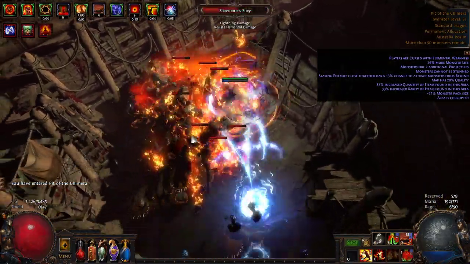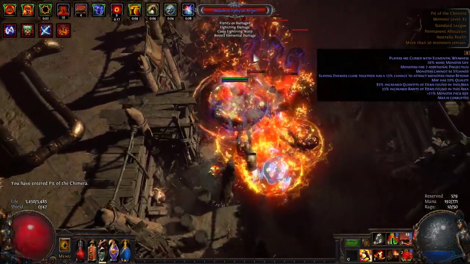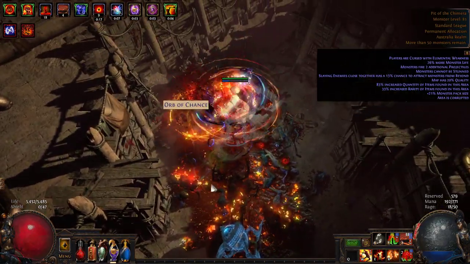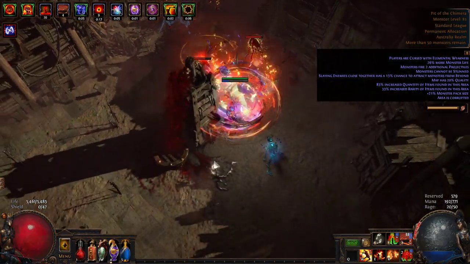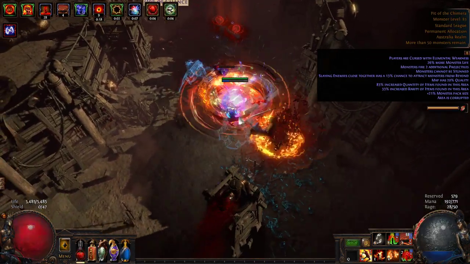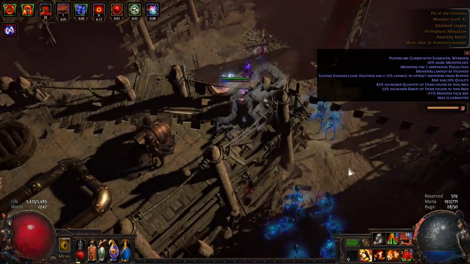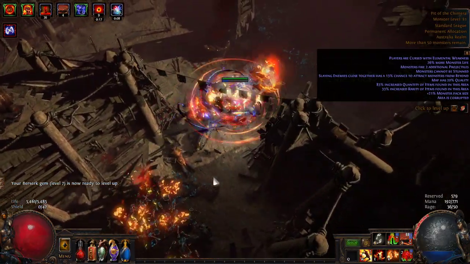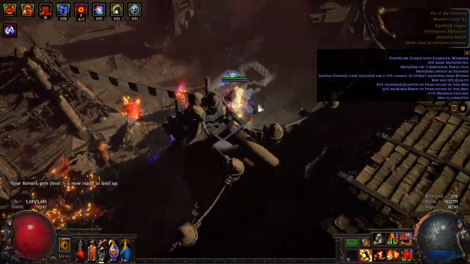So you can see here that the monsters are taking a little while to kill. I'm not using flasks at the moment, but when I do, they go down a bit faster. One thing I will point out at this point is that it is time to set up your loot filters for League start. So again, monsters are dying in a serviceable but slow